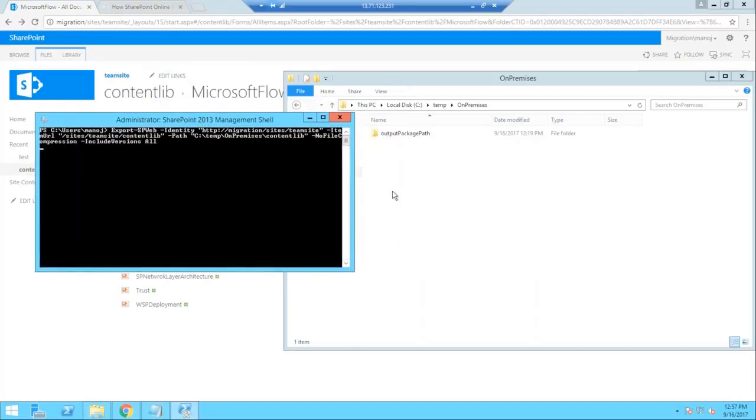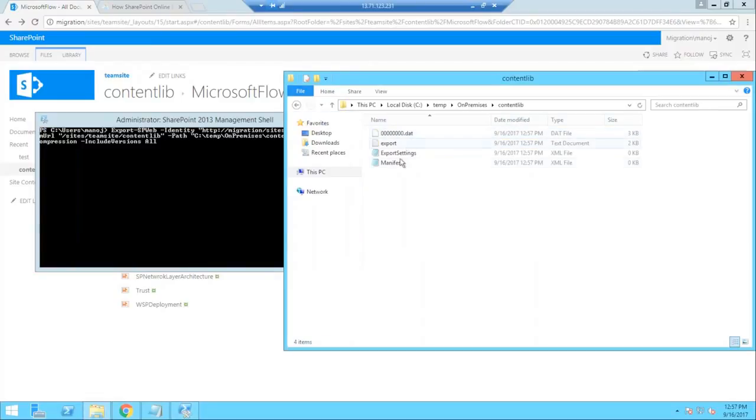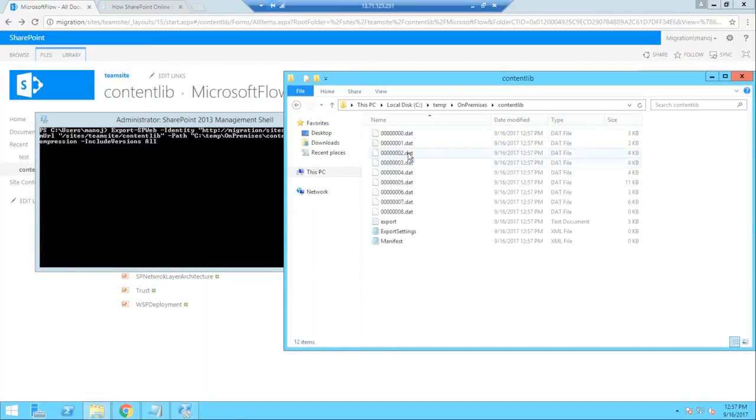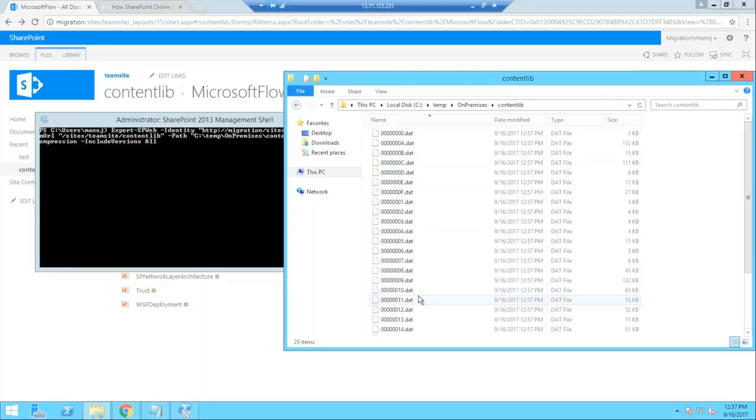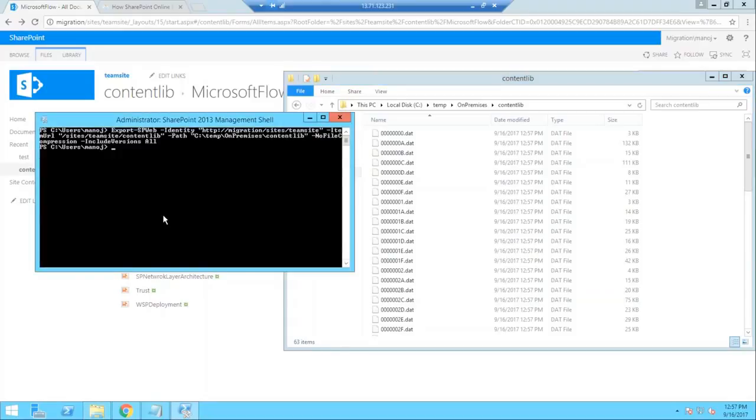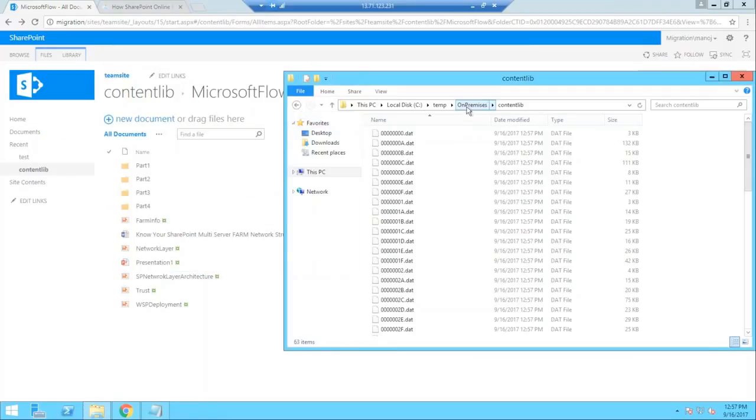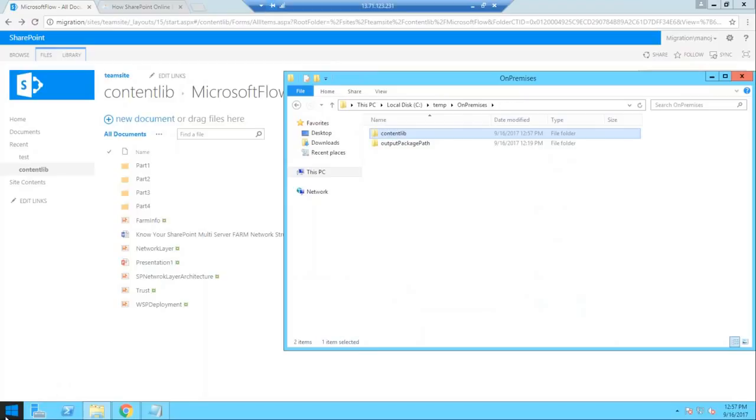Let's see what happened. It takes a couple of seconds to create the package. You can see on the screen the folders start coming. It has dat files and XML files, and the XML files will start coming. It takes all the content we have in our document library. The process is done very fast. Okay, great. So this SharePoint 2013 management shell activity is done. That is not required for me now, so I just close it.